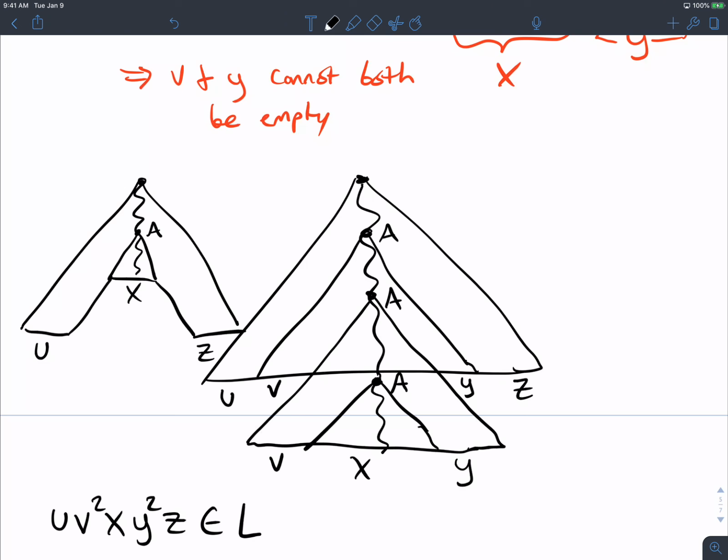If we deal with a string with exactly P characters, then the VXY part couldn't have more than P characters because the entire tree is generating P characters. So if a subtree generates the VXY part, it can't be more than P characters. And the same thing is true if you're dealing with a string longer than P. If you look at the bottommost occurrence of this variable A, where it repeats, then that can't have more than P characters for the same reason.